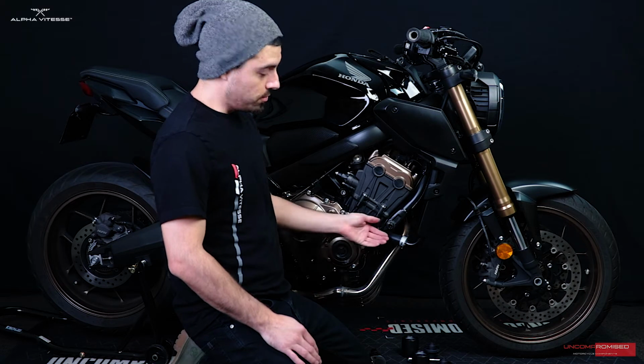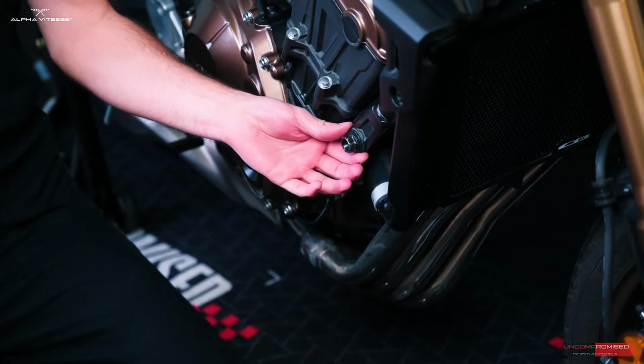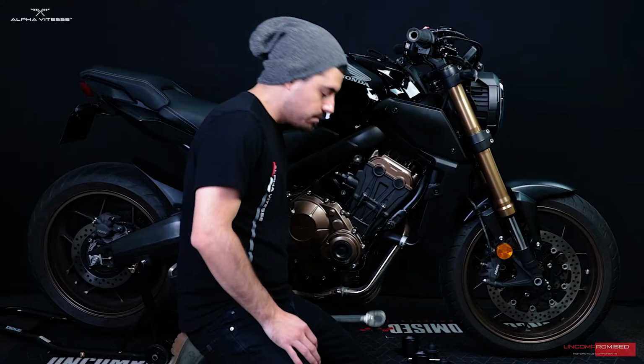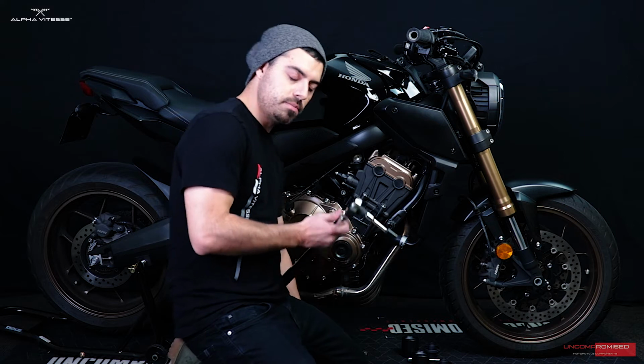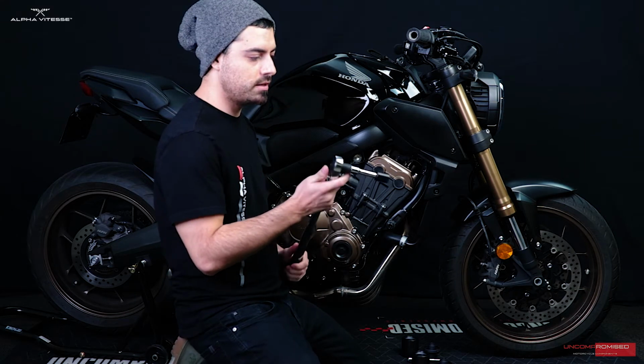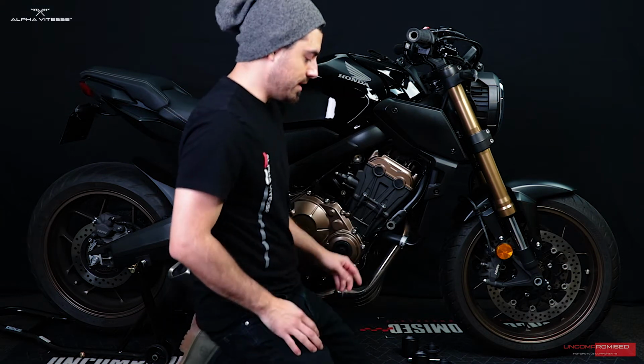First step is to locate the engine bolt. This general area, this is the first thing that we're going to be removing. Many times it might be difficult to remove the bolt with a standard wrench, so you might want to use a slightly bigger ratchet. Once you got that removed,